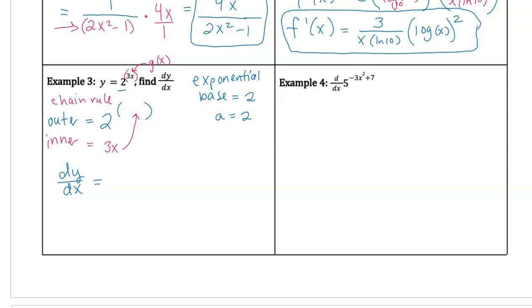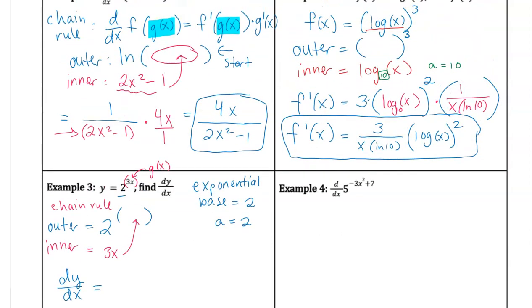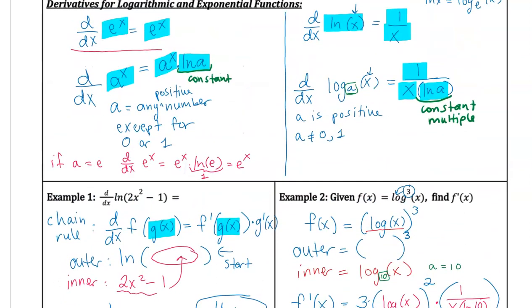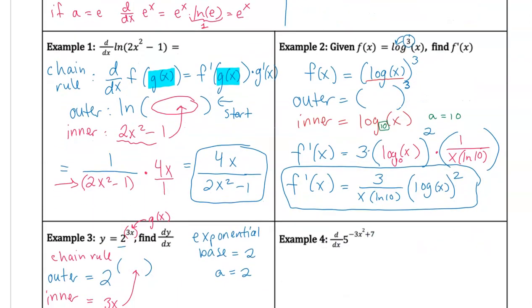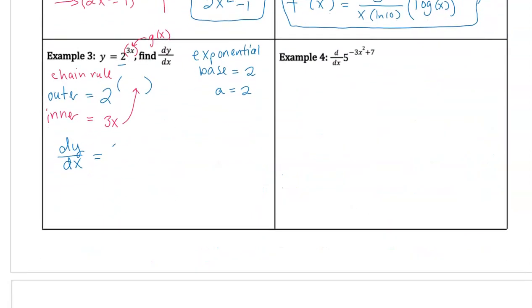So when I take the derivative using the chain rule, I would have to start by taking the derivative of this outer layer function, which according to my derivative rules up here, so a to a power, the derivative of that again would be a to the power times the natural log of the base a. So here the base a is 2, so I would start by having 2 to the power as the derivative times the natural log of the base of 2. The power is still 3x because I keep my inner function intact when I'm doing the derivative of the outer layer,